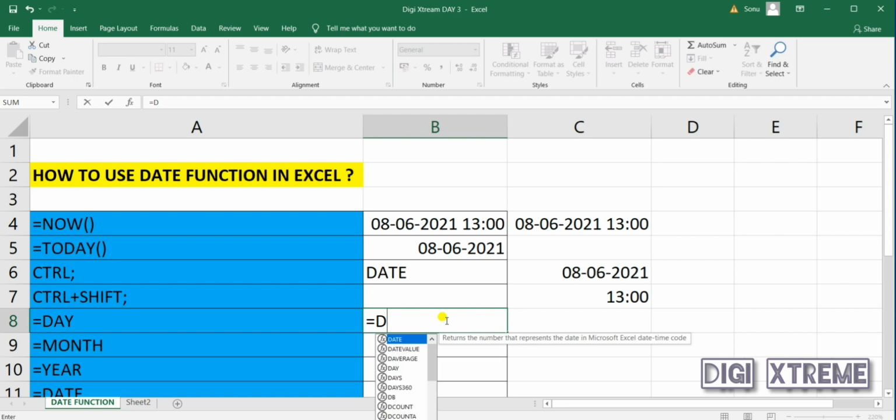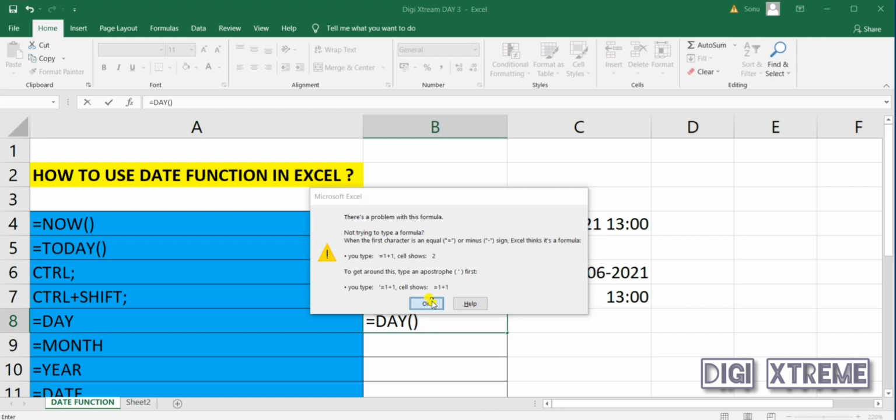Before applying any formula, you have to type equal to. It will start reflecting the formulas below. So we are using the DAY formula. You can select from here as well. Now close this bracket. Let's see what we get.